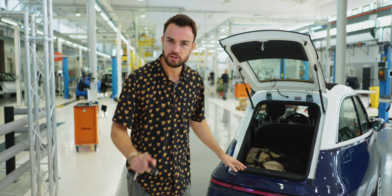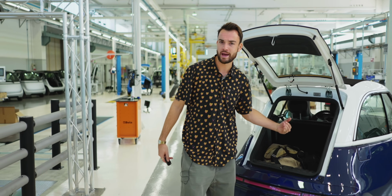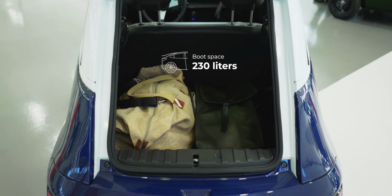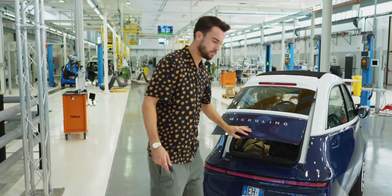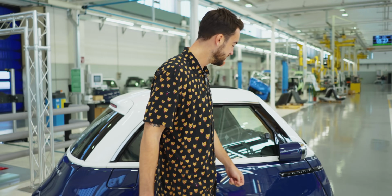It's a two-seater, just in case that wasn't unspeakably obvious. You don't have pop-up rear seats back here, but you do have enough room for, well, my bag that I've been living out of for the last few days, and a few camera bits as well. Very impressed with that. And then we come round to the bit that you sit in, and this is the